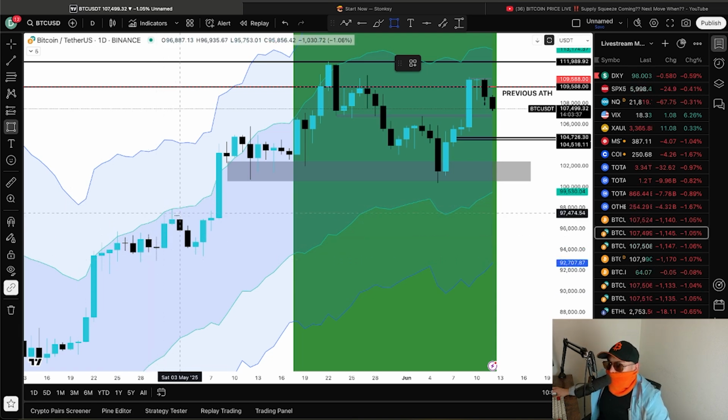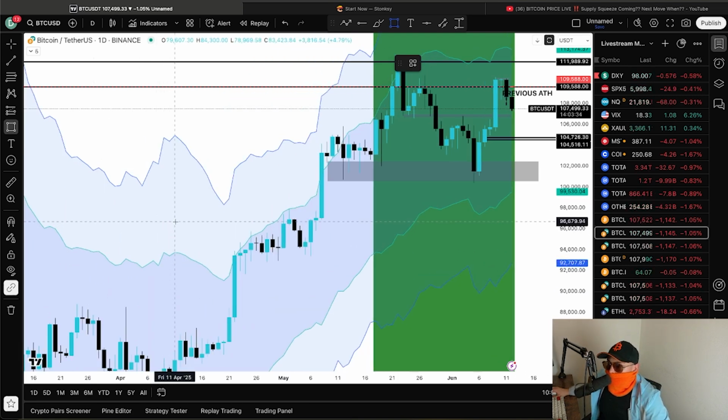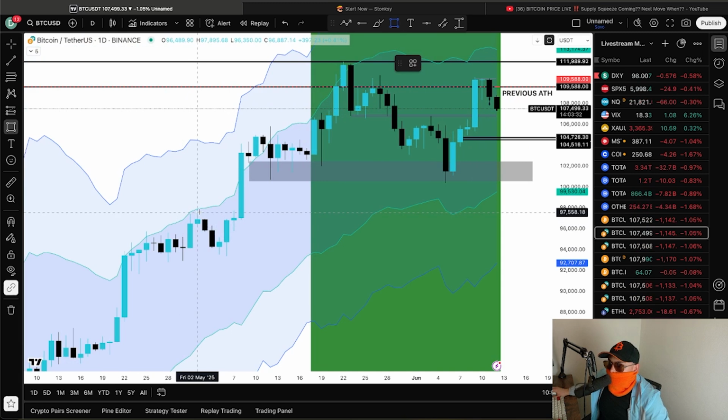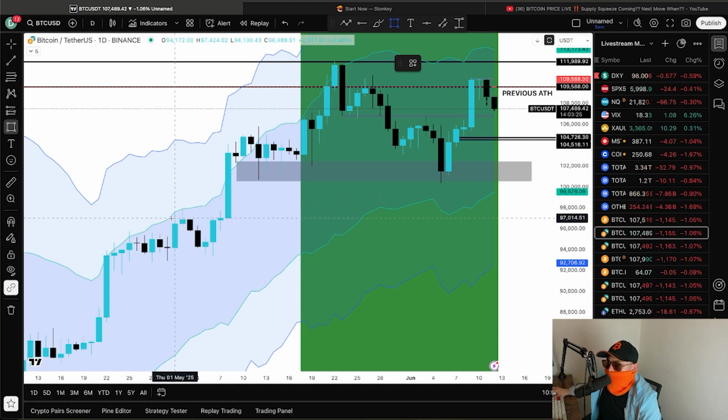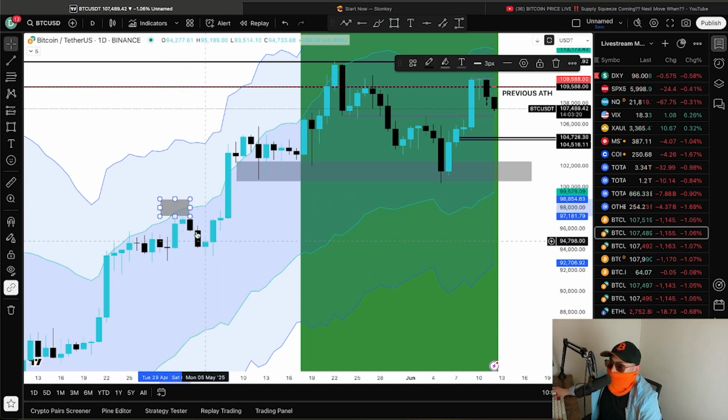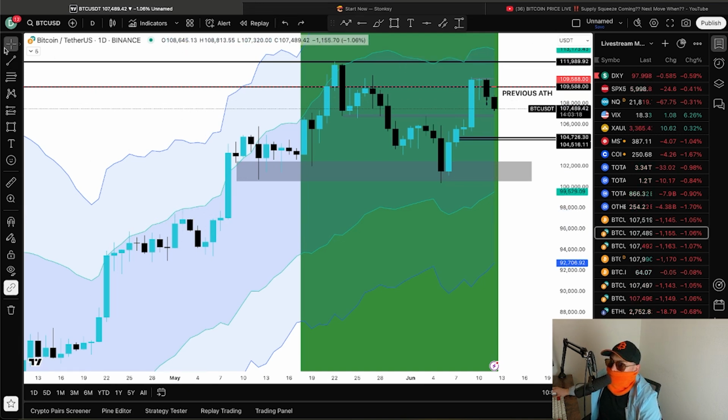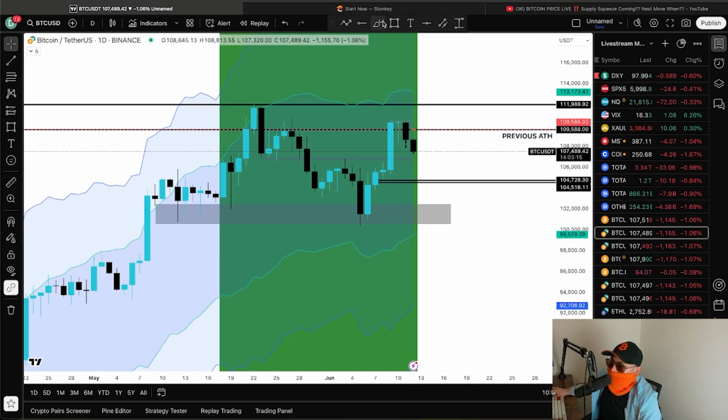However, we did obviously end up getting a pullback here, but at the time, would you have been confident in entering a trade here based on this alone after seeing the previous history? Maybe not. But it goes without saying, if you would have entered here or here on any of these 2 days, you would have got a very nice pullback by a couple of $1,000, for a good couple of percentage. However, we finally got the exit of the channel after the trend was up for a good month or so